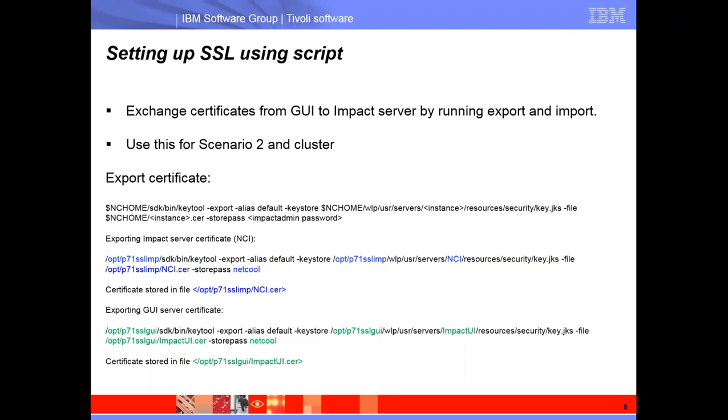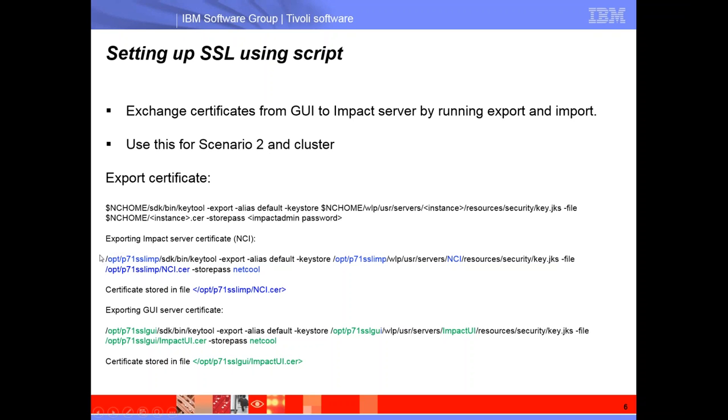So the first thing I did is export the certificates. I put the whole command, using the keytool to export. I put the entire command that I have in the documentation, and I broke it down a little bit so it's easier to understand where I'm coming from. So this is my split